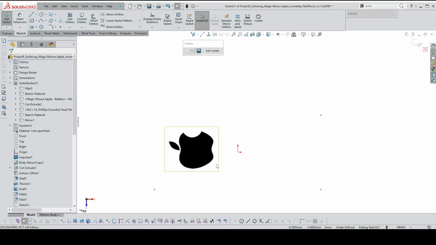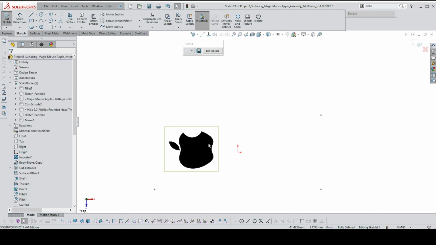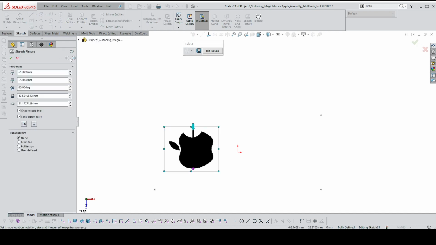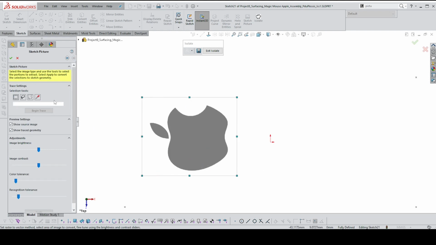The way you know it works or not is if you double click. I'm still in the sketch environment. If you double click on this picture, if you have these two arrows, then that means Auto Trace has been activated. If they are not there, then Auto Trace has not been activated. Go to the next button, and here you can select what you want to auto trace. So you have to use one of these selection tools. You can select parts of the image if you want. That's why these exist. So I'm simply going to do a square all the way around,